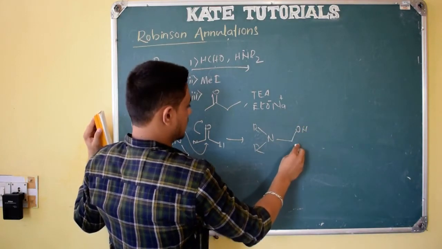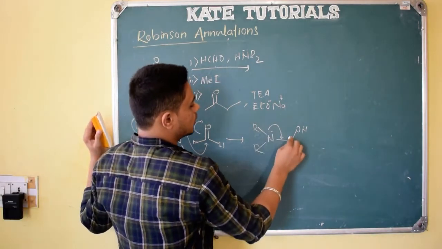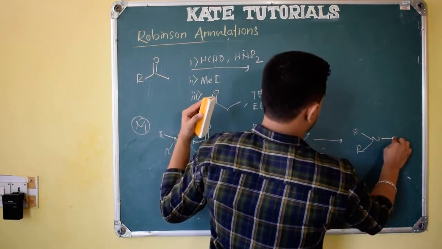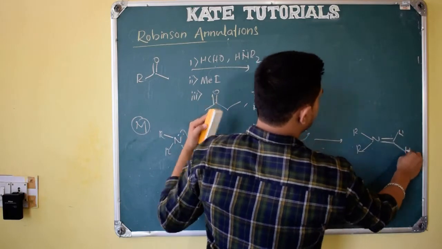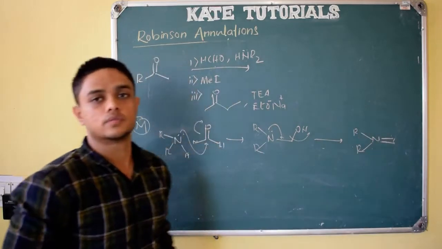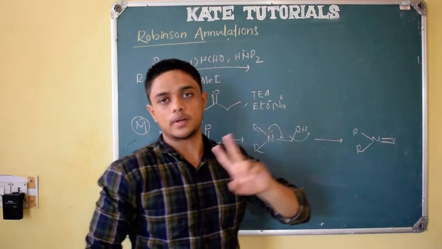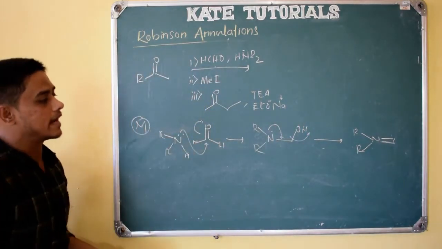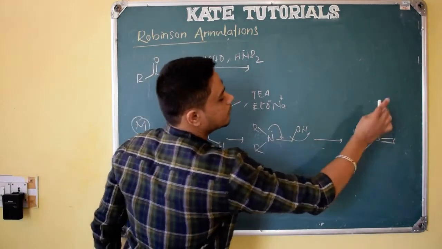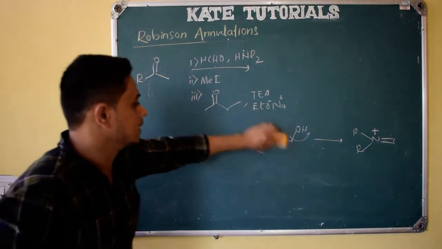OH and 2H2, no need to show them, and this lone pair will go and this will take, and this will form CH2. We can show it like this also, or if I write like this, it's enough. CH2 group, we should know, because carbon has valency 4, 1, 2, 3, 4, and those two will be hydrogen, right? So this is nothing but Mannich reagent, because Mannich reaction means this and this, if we add we will get Mannich reagent. So in the first step we got that Mannich reagent. So let us see what happens.